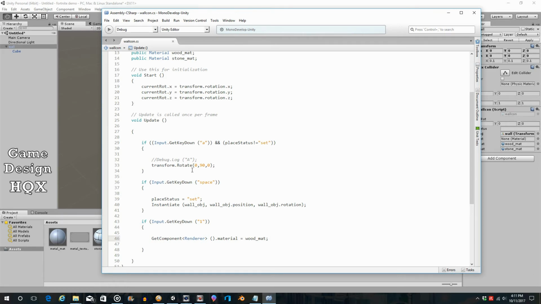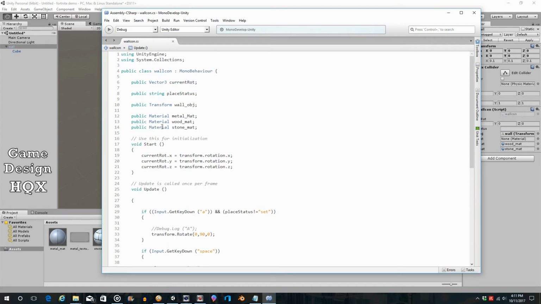The problem is this script is attached to that object, which is basically an empty object that has no renderer. This has the renderer. So that means we need to change this object. Even though this object is attached to this, it's not really aware of it. This inherits the rotation and scaling and things like that, but the wall object really isn't aware, for a better term. So what we have to do is create a variable that references the cube, and